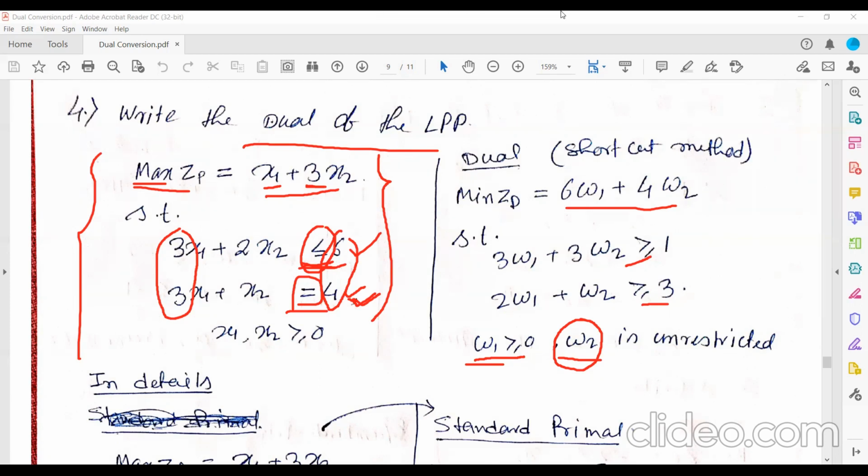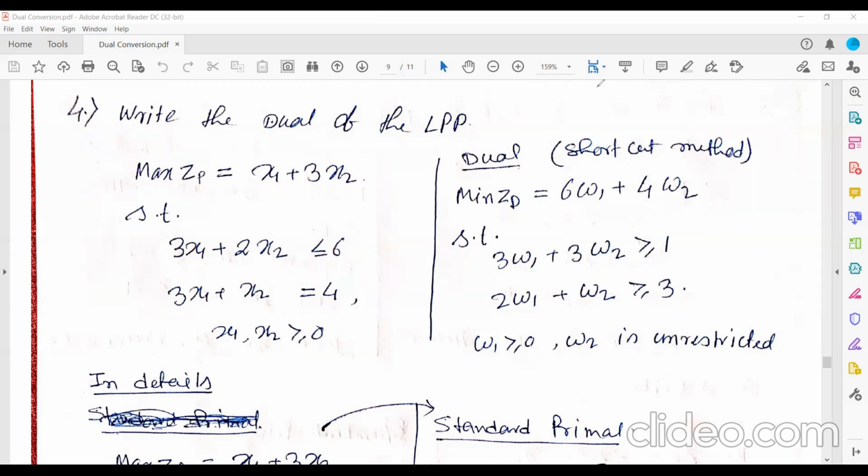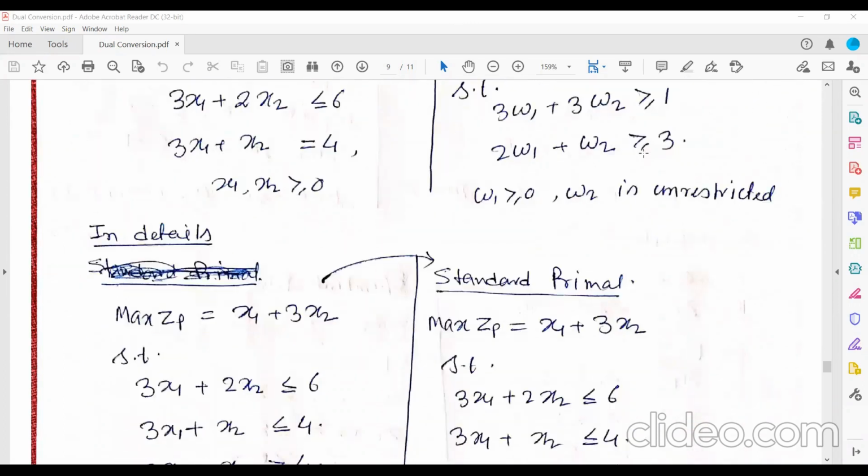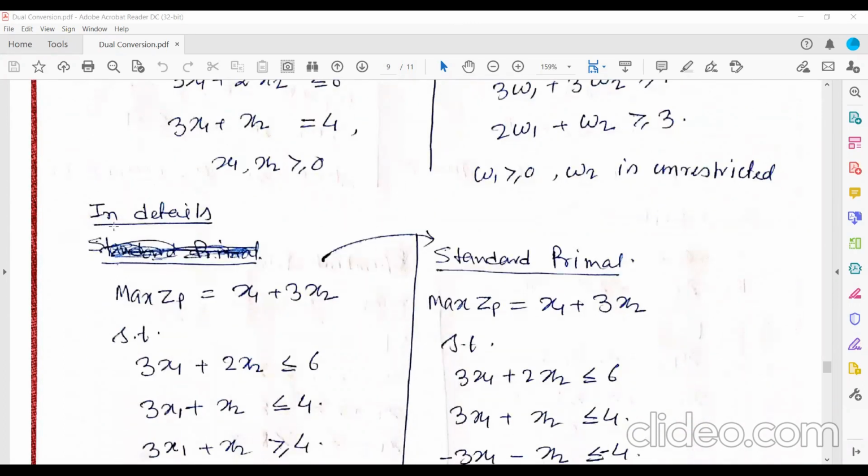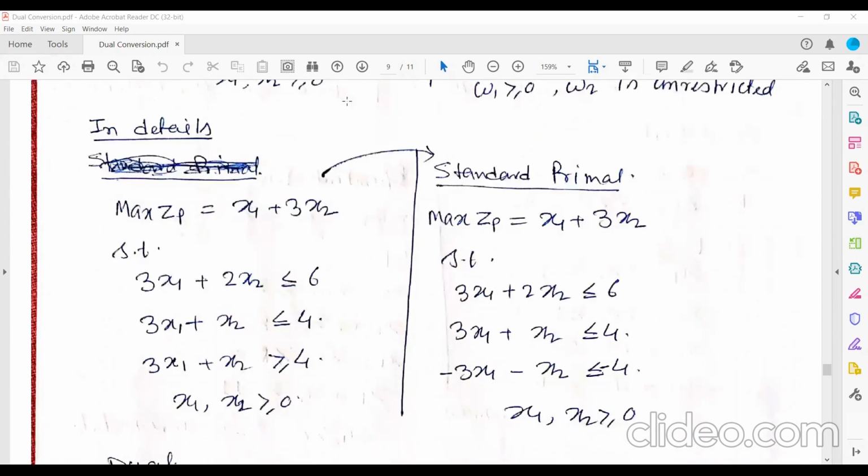Okay, so let's see that one. If this question comes in an exam, and it is 1 mark or 2 marks, then it's okay, you can use the shortcut method. But if the problem is 3 marks, and you write only this by the shortcut method, you will not get full marks. The marks will be deducted. So to get full marks, you follow this process that I have written in detail.